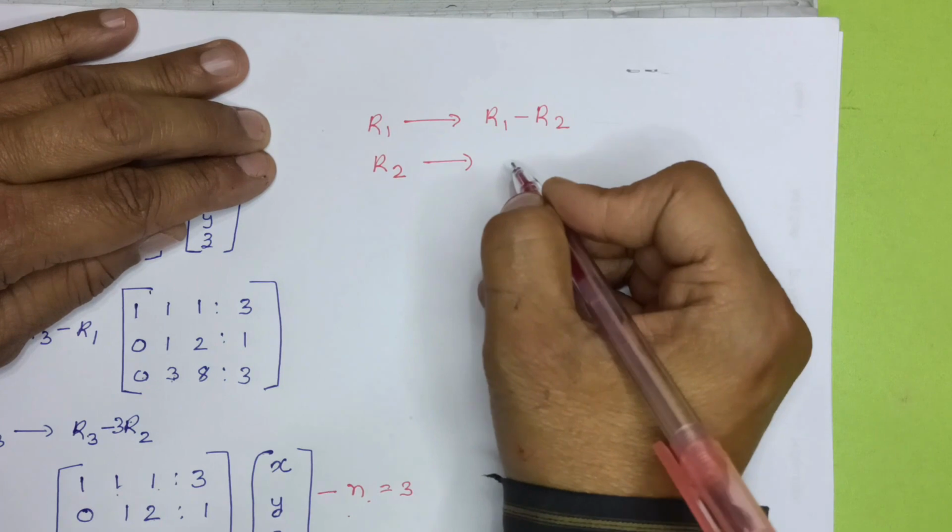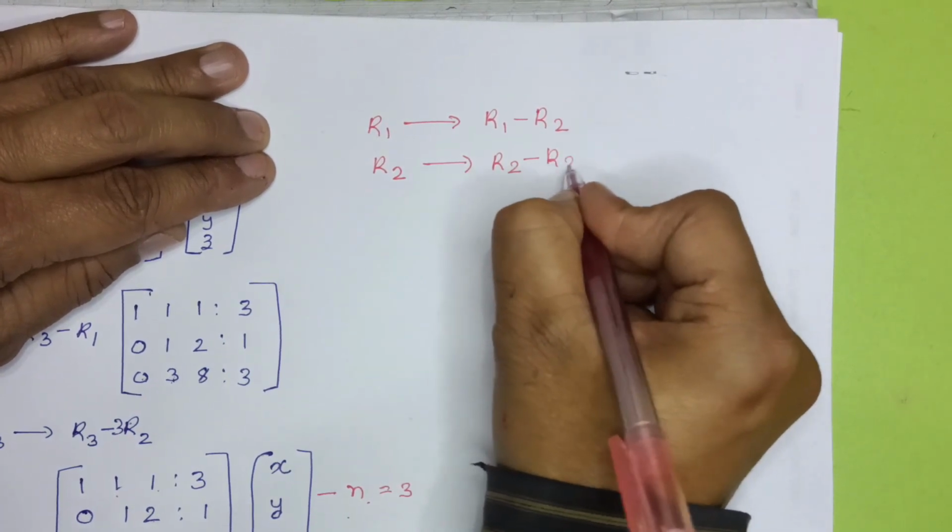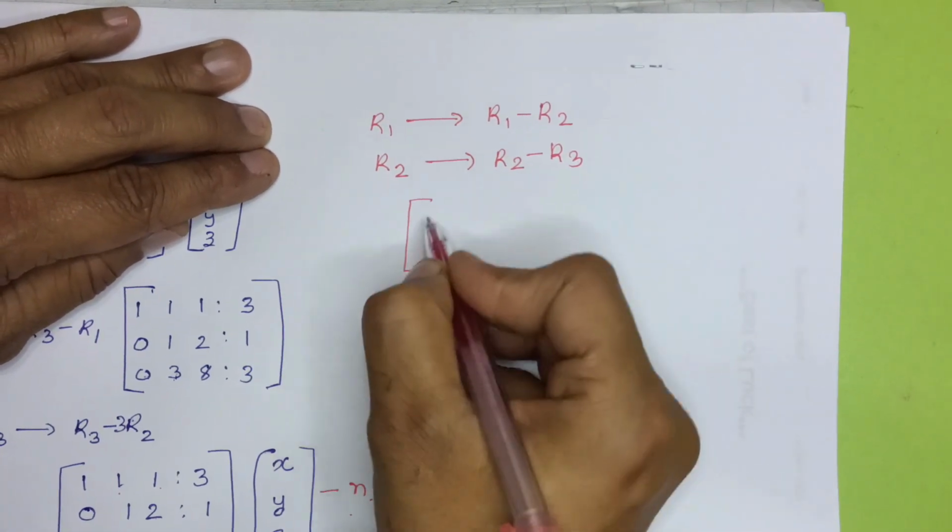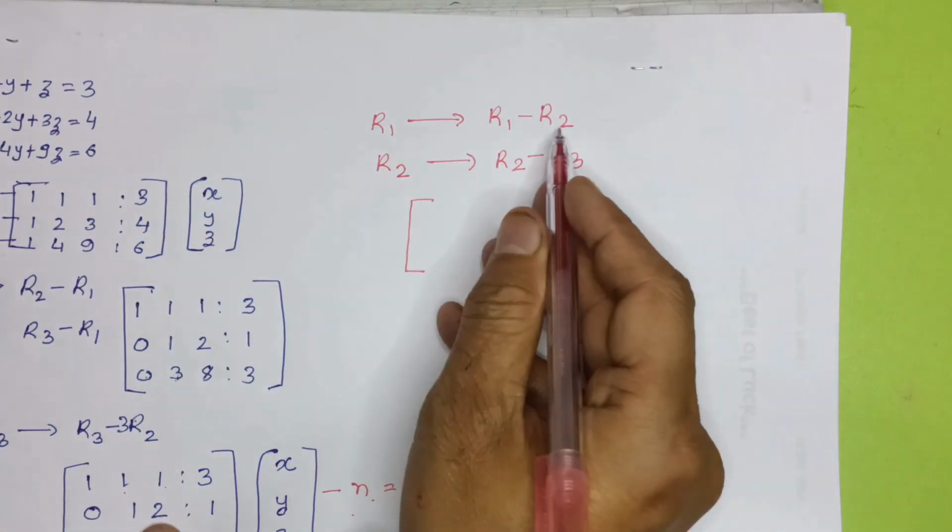R2, I work, and I get R2 minus R3. If I do this, I can easily get it. So let me do this and see. First I worked in row 1, so R1 minus R2 means this one will be 0,